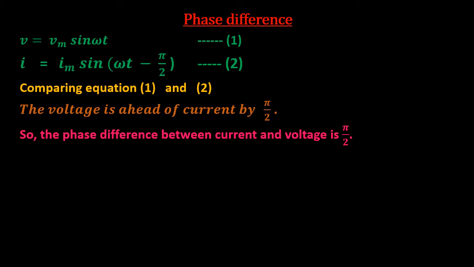In the previous circuit where there was only the resistor, the phase difference was 0; the current and the voltage were reaching 0, maximum and minimum at the same time. But for the circuit containing only the inductor, the voltage will be ahead of current and the phase difference between the voltage and the current is pi by 2. In this case, the voltage will reach 0, maximum and minimum in advance of the current.